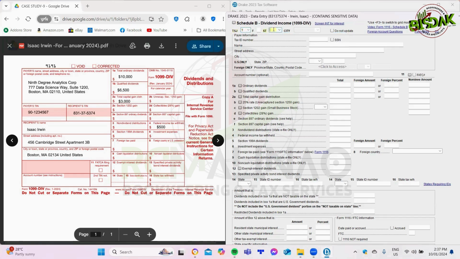The state is the state of the taxpayer, which is Massachusetts. And for this portion, we have the payer information. So we have to be careful in entering our data and make sure that the payer information found on this portion of the form is properly entered in our Drake software. So we have the tax ID number, which corresponds to the payer's PIN,